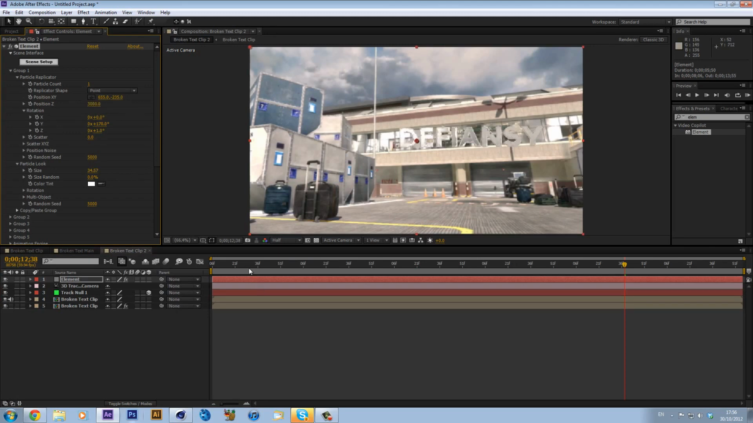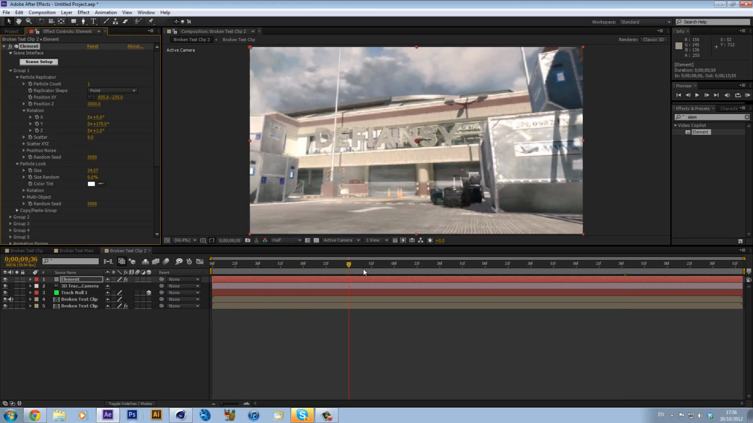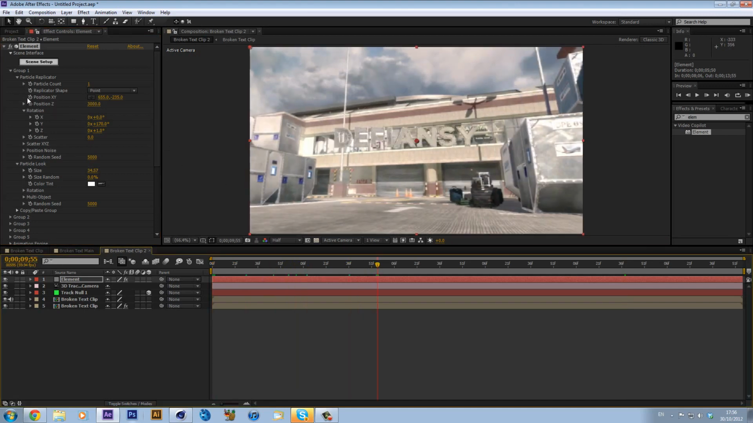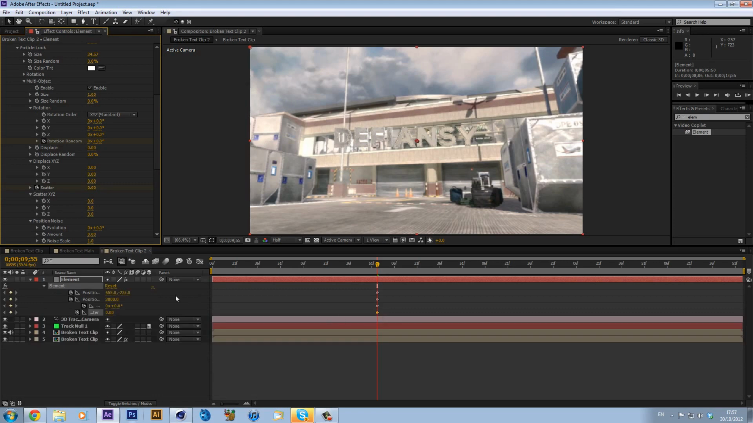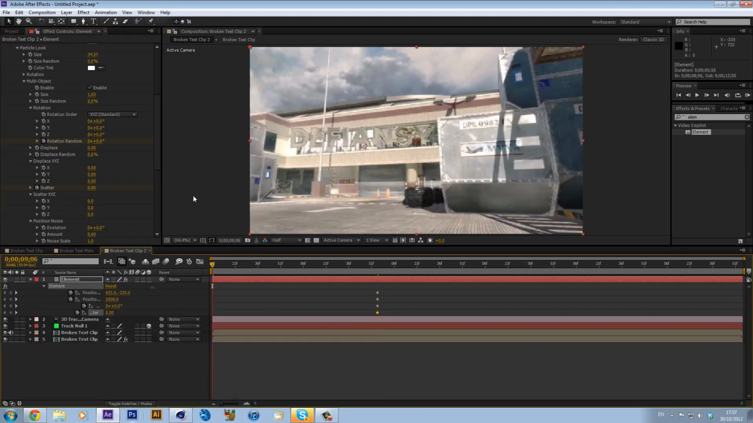Now what we can do is we can go a bit forward, and we can keyframe all the things we keyframed the last ones. That's position X and Y, position Z, wind. Again, make sure multi-object is enabled, because this is going to allow us to change all the individual pieces. Keyframe random rotation, and also the scatter. Collapse this up, tidy it up, press U, and now what we can do is turn up the random rotation